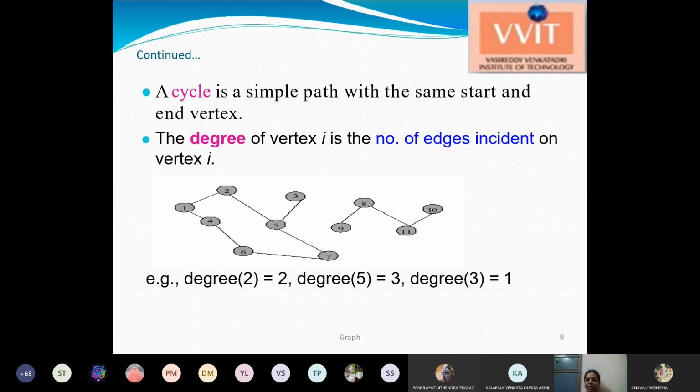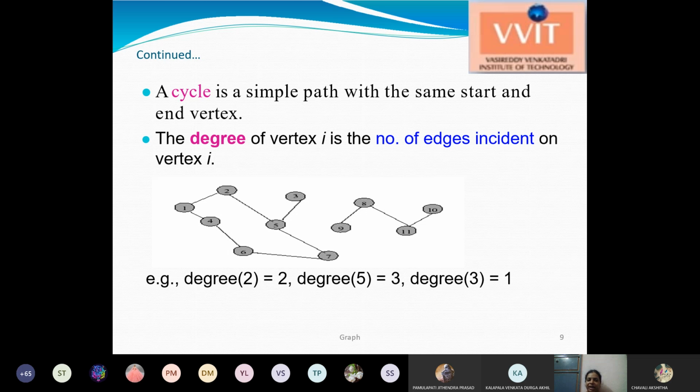Next is the degree of a vertex. This is the number of edges incident on the vertex. That is, the number of edges coming out of a particular vertex or coming into the vertex is called the degree.